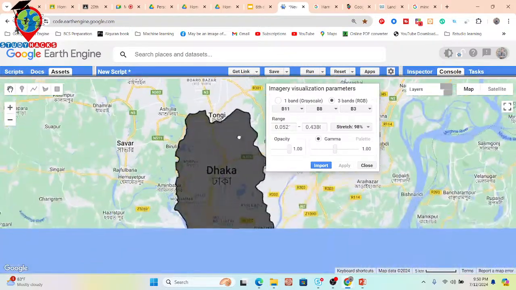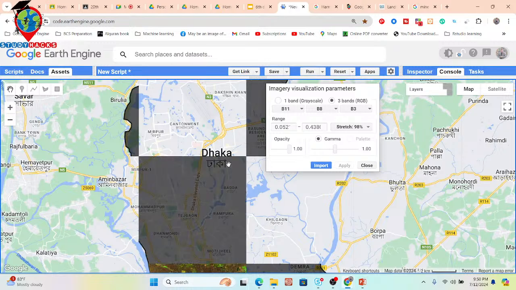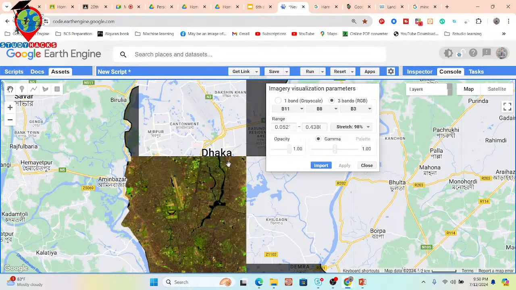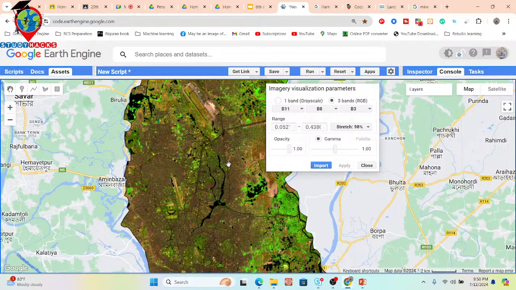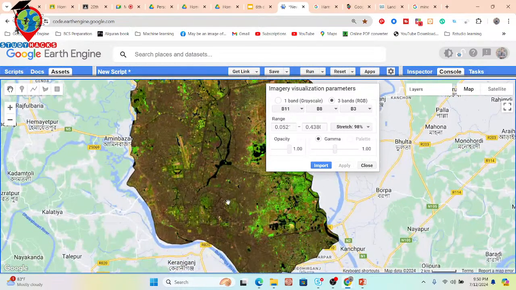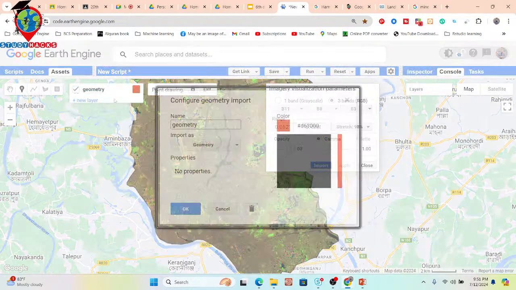Okay, so how can I take the training sample? Suppose this time I want to make the classification for water body, built-up or settlement, then barren land. So for that I need the training sample. So how can I take the training sample? I simply click here, you can see the marker, add a marker, and you can see the geometry. Just click on the geometry